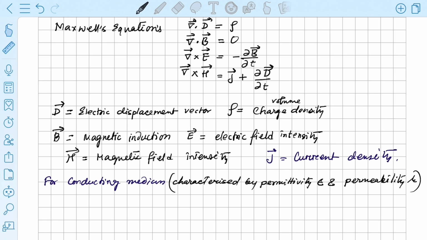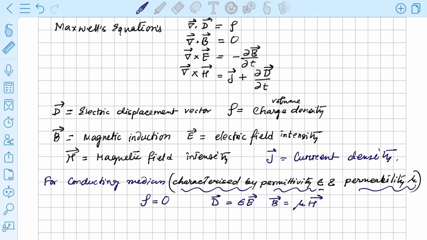So for a conducting medium characterized by permittivity epsilon and permeability mu, the volume charge density rho is going to be equal to 0. Therefore, and one more thing, we can write this D vector is equal to epsilon times E, and the B vector can be written as mu times H,